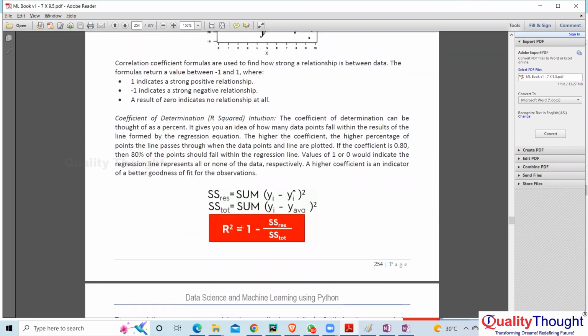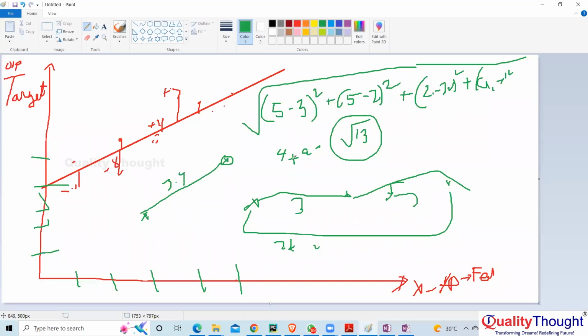R square is 1 minus SS residual divided by total residual. SS residual is the total distance. You can see distance is calculated here: the sum of the distances between each point and the regression line. So if I have to do this,